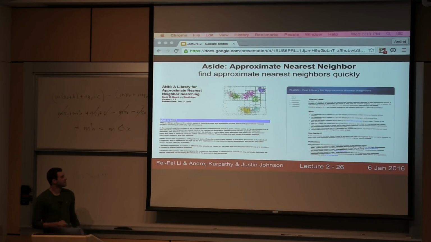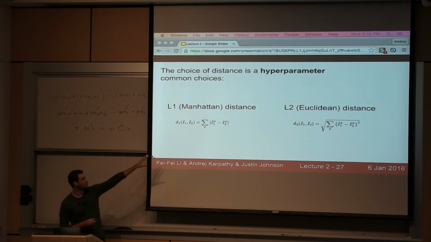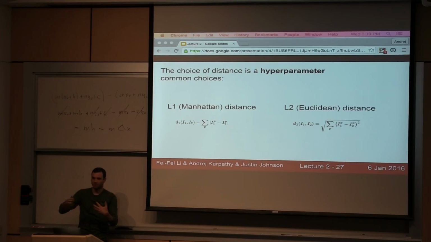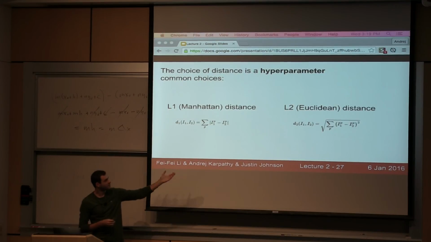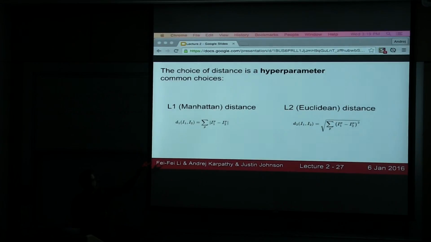OK. So let's go back to the design of the nearest neighbor classifier. We saw that we've defined this distance. And I've arbitrarily chosen to show you the Manhattan distance, which compares the difference of the absolute values. There are in fact many ways you can formulate a distance metric. And so there are many different choices of exactly how we do this comparison. Another choice that people like to use in practice is what we call the Euclidean or L2 distance, which instead sums up the sums of squares of these differences between images. And so this choice,